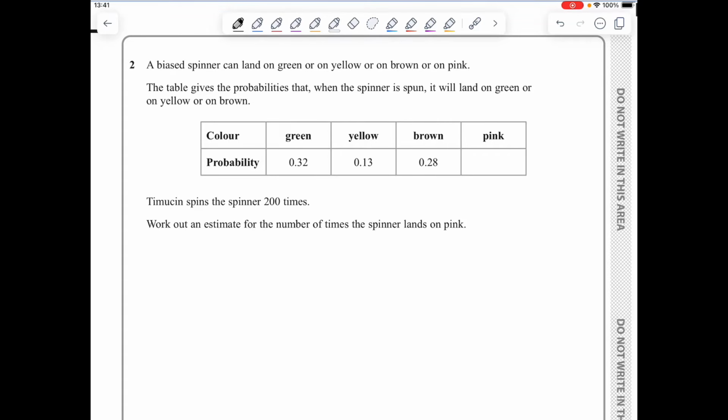In question 2, let the probability of landing on pink be x. The sum of all probabilities must be equal to 100%. As a decimal, this is equal to 1. So I get 0.32 plus 0.13 plus 0.28 plus x equals 1. X comes out to be